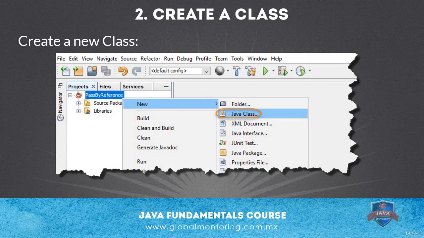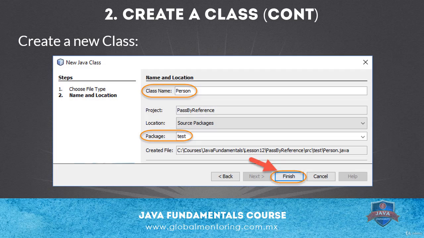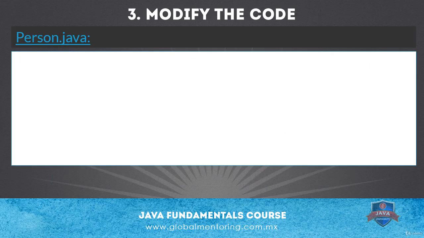Create a new class, so right-click on the project, select New and Java class. The class name is Person, and the package is Test, and click on Finish. Modify the code of the Person class. The package name is Test, the class is Person, and we define some attributes. In this case, the first name attribute of type string,